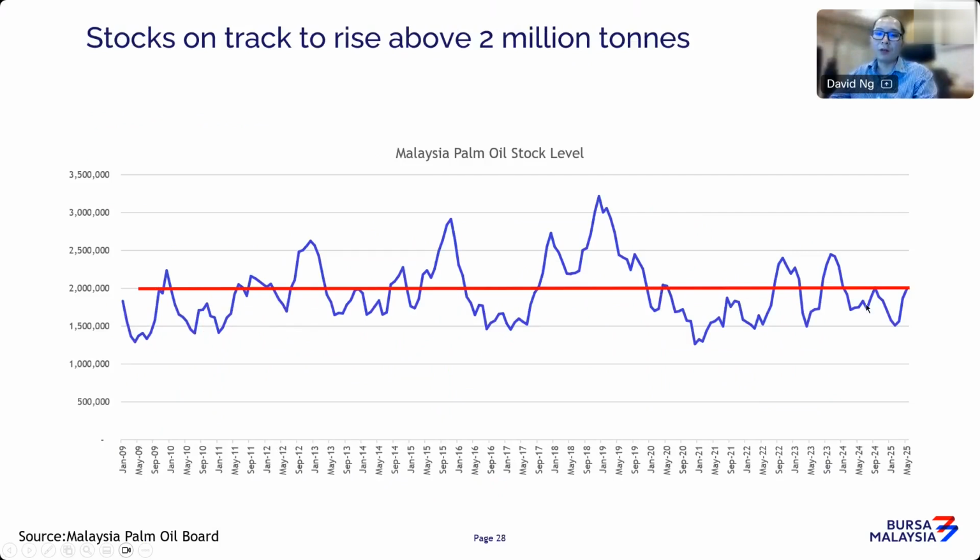Now, this is stock levels. If you look at the spread I showed you earlier, the July, August, September calendar spread is doing positive. They're doing 50 ringgit premium. But all of a sudden, when it comes to late May or early June, you start to see this spread collapse and go to zero or even negative. It just tells you one thing. It points to you that supply in the immediate future, or the current supply, is going to go up and the stock levels are going to go higher. So that's bearish for the market. This is where we are. We are almost reaching 2 million tons. Once it goes above that, it's quite bearish for the market.